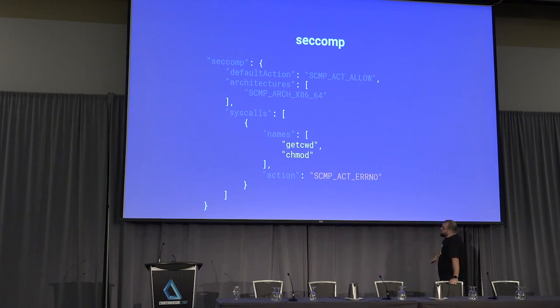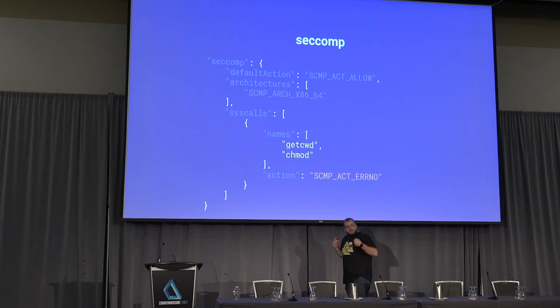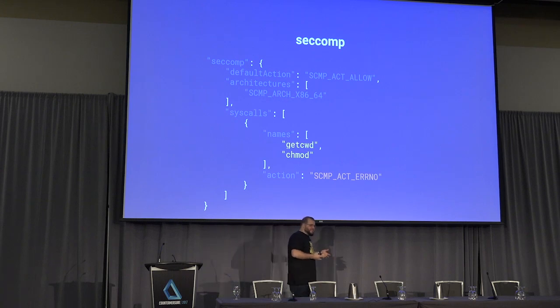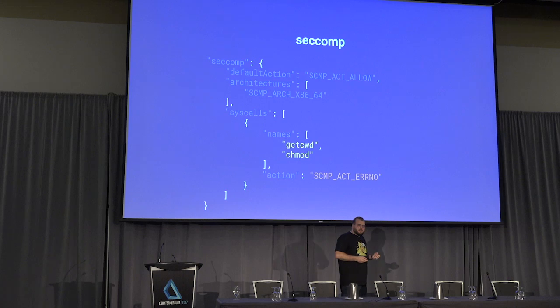This is a very short example. Brevity is important for slides like this. In this case, we're taking away the ability to get the current working directory and chmod. So inside of a container, if you can't chown, you can't chmod, you can't access directories that you're not allowed to, you can't write to the file system, you can't open a socket, these sorts of things, you kind of get the idea that the posture is actually pretty good.